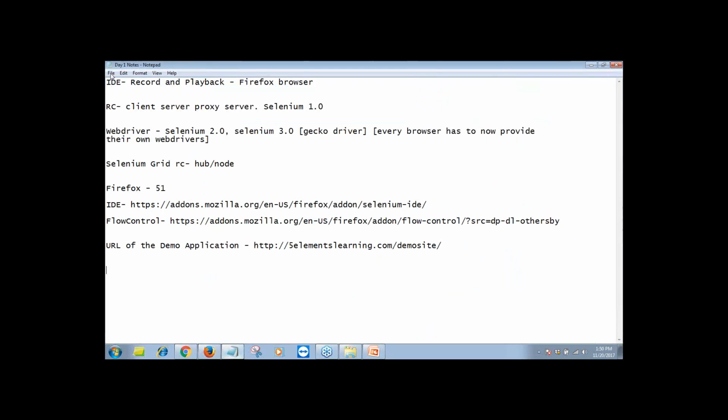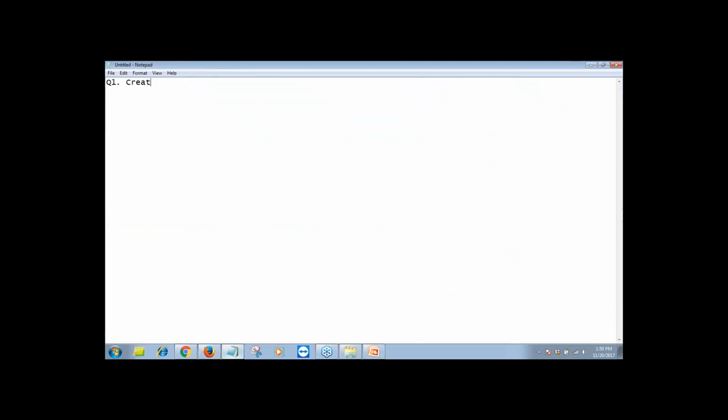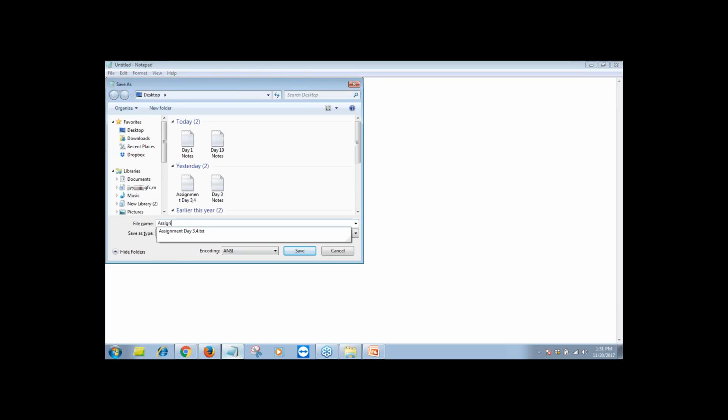So as the first assignment, you have to create test cases for the following scenarios. Some of the scenarios we will be picking, for which we should have test cases available so that when we try to automate them, we have this document available with us. You don't have to create a big Excel sheet and everything, just a simple set of lines in a text pad would do. So these are some of the scenarios which you have to